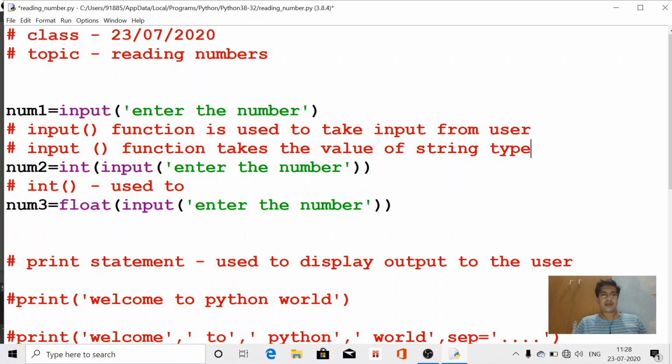That means if we are going to read the number from the input function, then this value must be of string type. Input cannot contain the value of number type or float type. Now int is used to typecast the string into integer.